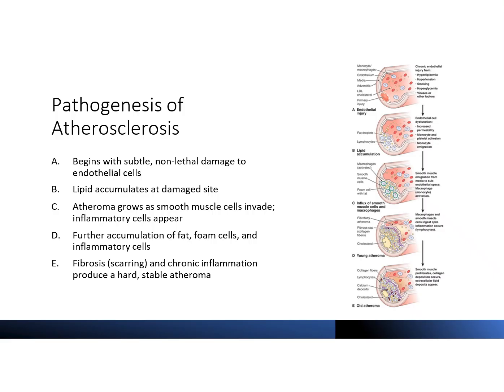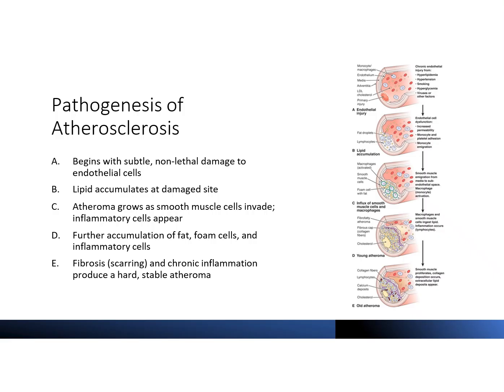Then lastly, fibrosis and formation of a stable atheroma. So finally, chronic inflammation stimulates collagen deposition, fibrosis, and formation of a fibrous cap. This produces a hard, stable atheroma. While stable sounds reassuring, these plaques narrow the vessel lumen, impair blood flow, and can still become dangerous if they